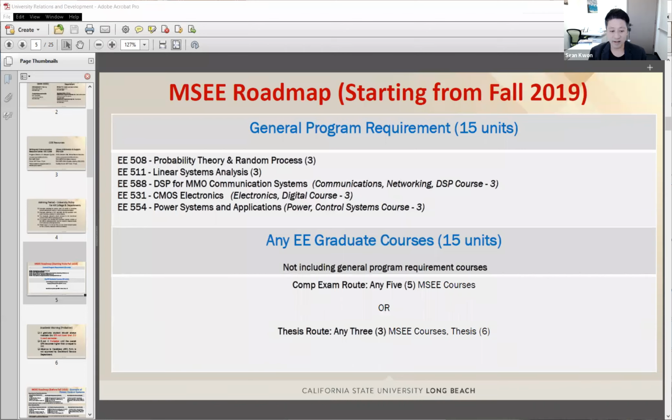So before asking the department for permission to enroll in EE 698, you need to discuss with your potential thesis advisor, and if he or she approves or agrees with your plan for that MS thesis, yes, you can ask the department. So when you send an email to the department office, you can CC your potential thesis advisor.